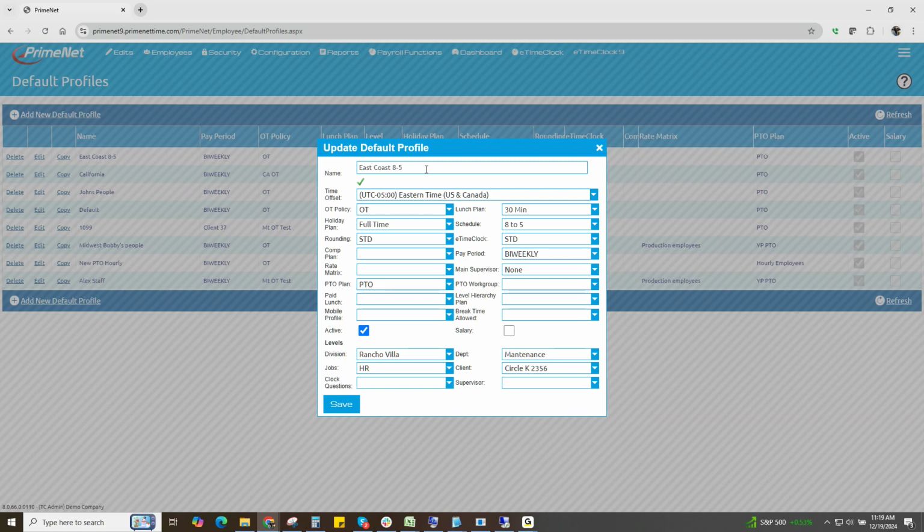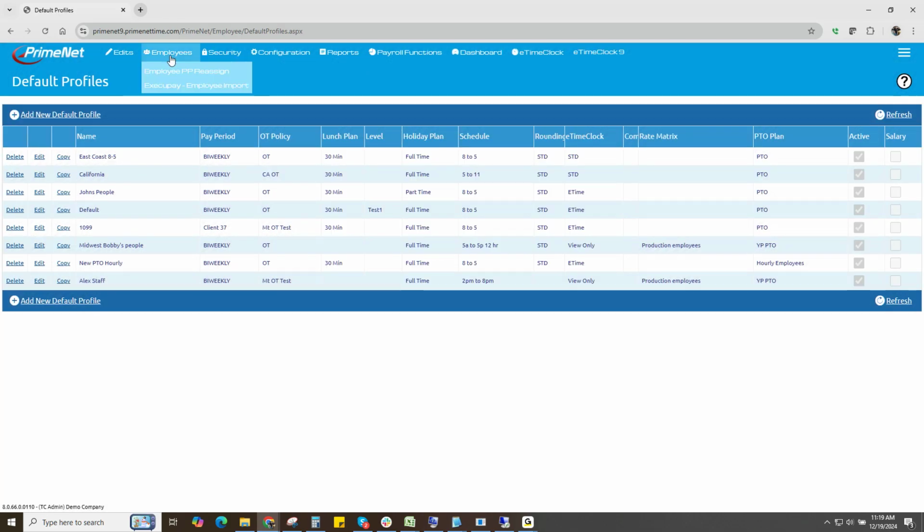I can select all these things in here and easily assign this default profile to any new employee that I'm adding. Now, here's the mobile profile, so we can select the test department or test for department transfer under the mobile profile and save it. And now when we go to add a new employee,